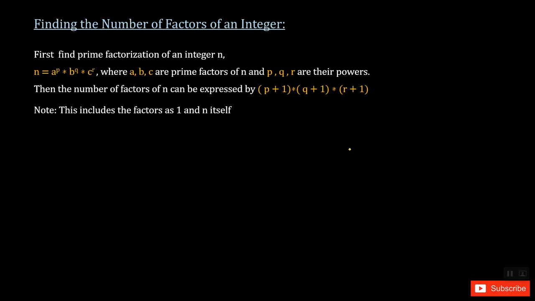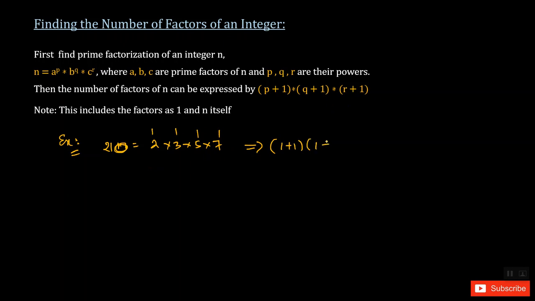Okay, let's erase. Let me take another example. I'm just taking some number. So n is any number which is a multiple of 2 and 3 and 5 and 7. So 30, or I can say 210, right? If you find the factors of 210, that's what we're going to do. So 2 to the power 1, 3 to the power 1, 5 to the power 1 and 7 to the power 1. In this case, to find the factors, I can use the same rule. I just need to do power plus 1. How many times are they appearing?